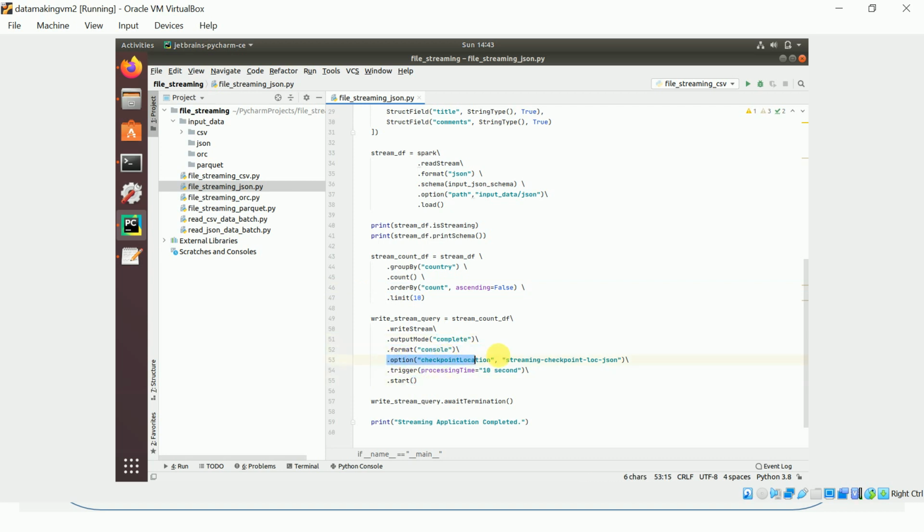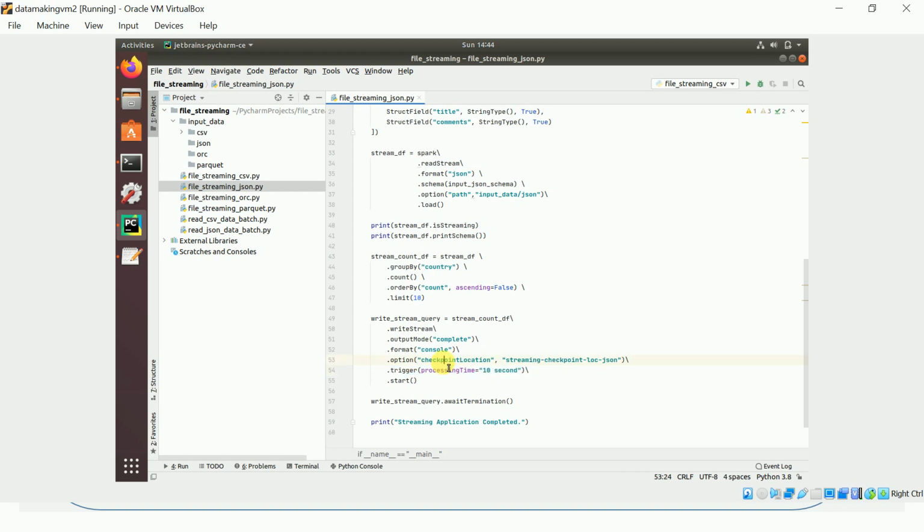That's why I gave complete here, and we are using a console sink. There are two more things I introduced here. I explained them in the previous video on the socket stream. We did triggering, and I explained checkpointing; I'm going to explain it now. Trigger is nothing but setting the batch interval. Internally, stream processing in Spark Structured Streaming is nothing but micro batches. What batch interval do you want to give? I want each trigger interval, or batch interval, to be 10 seconds. Every 10 seconds it will emit one micro batch.